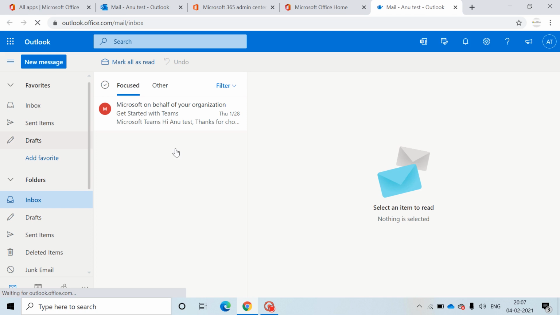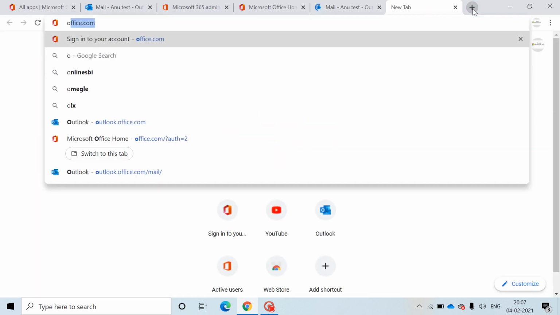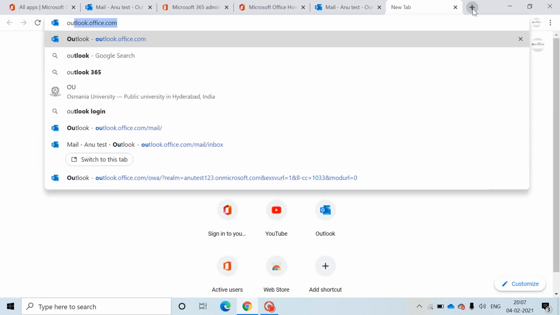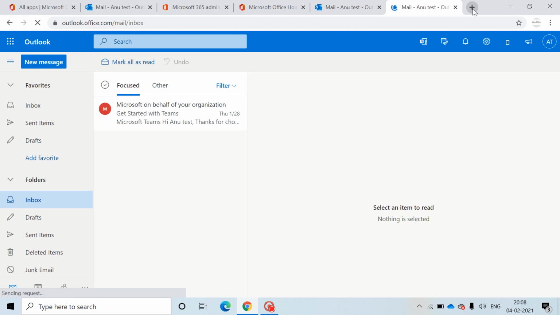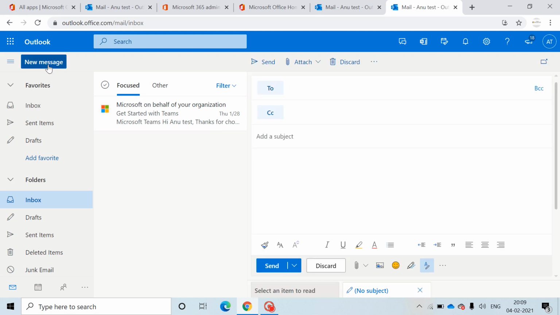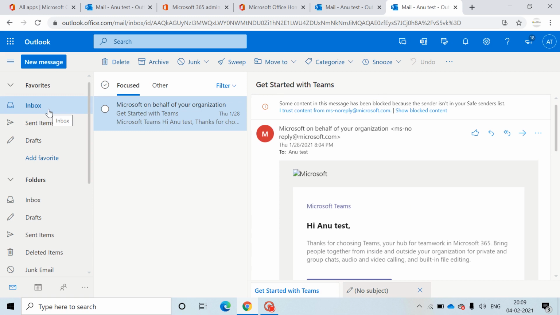If you directly want to access Outlook, you can type outlook.office.com, go to this link, and then you will see all your emails and you can access your mailbox, which is a 50 GB mailbox, from here. So this is where you can access Outlook online, from where you can see your mailbox. You can send and receive emails. Click on the new message to send an email to someone. To receive email, you will be receiving the emails which will directly come into your inbox, and so on. You can start using your Outlook online.